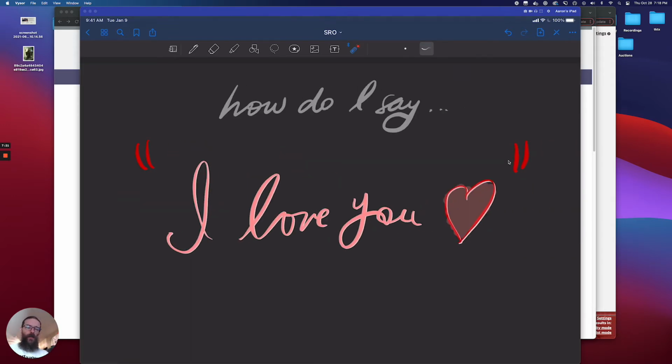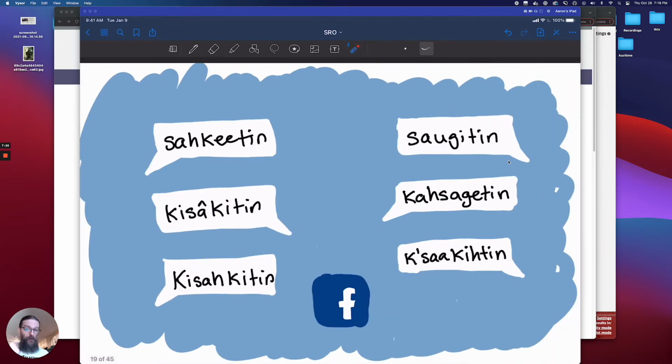So I'm kind of picking on this example. I pulled some of these off of Facebook. If you're a fluent speaker and you're trying to say I love you, or somebody says on Facebook, how do I say I love you? Looking at all of these answers, if you understand the sounds of the language or you're a fluent speaker, all of these answers are technically correct. These are all technically the correct answer, but they're all spelt different. And so that's fine if you're just conveying something, or if you've agreed on a certain way that you're going to